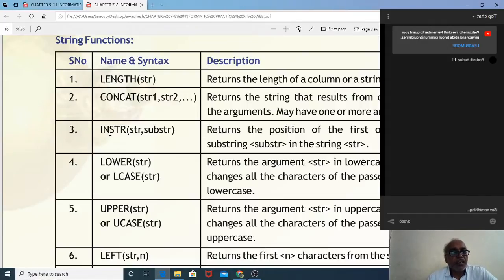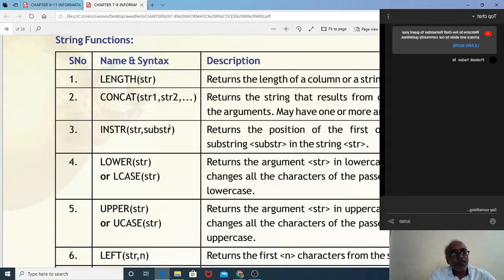Next, INSTR. The syntax is INSTR of str comma substr. It returns the position of the first occurrence of substring substr in the string str. So select INSTR, and here you write the string, whatever, Atulanand, in apostrophes, comma, and then the word Atul in apostrophes. So it will return the position of the first occurrence of that Atul word.